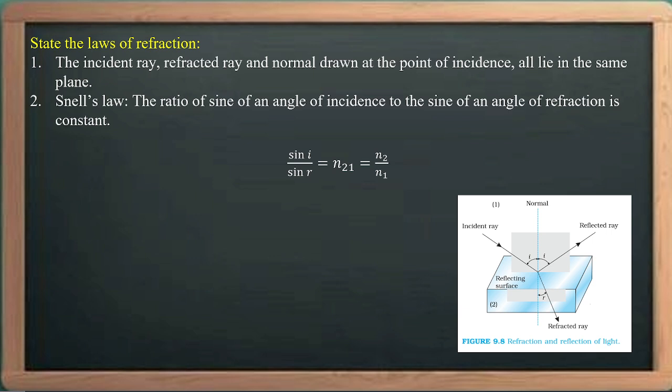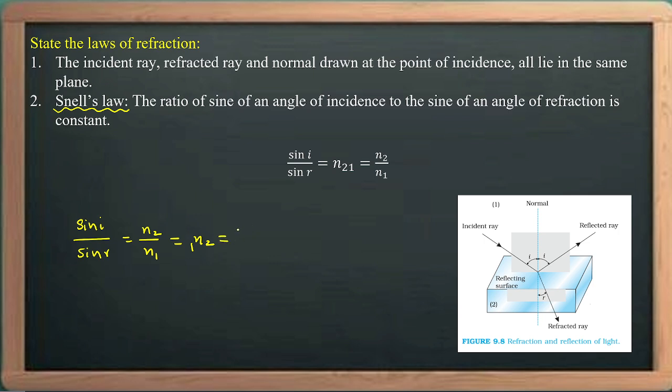So first law is the incident ray, refracted ray and normal drawn at the point of incidence all lie in the same plane. And second law is called Snell's law, that is given here. It's a very important one, according to which we have the ratio of sine of the angle of incidence to the sine of the angle of refraction is a constant, that is sin i by sin r is equal to n2 by n1. So let me write it again. Sin i divided by sin r is equal to n2 divided by n1, that is equal to n21,